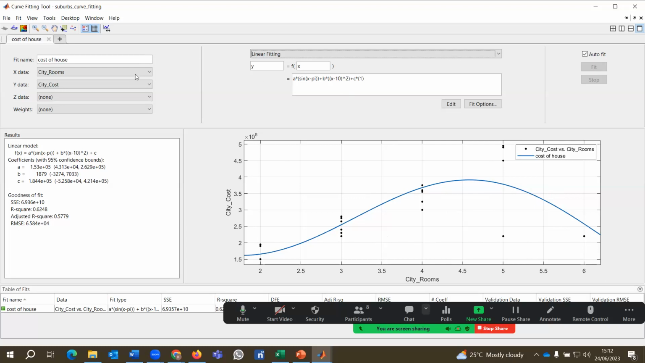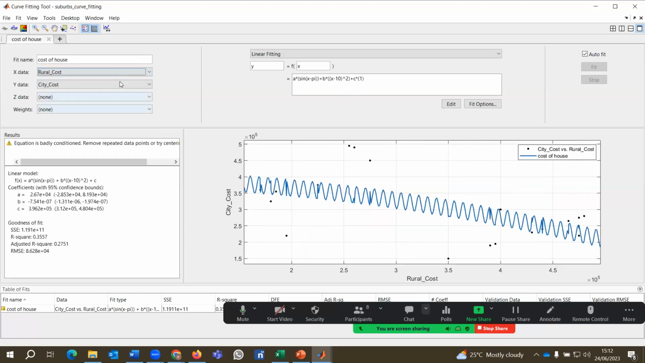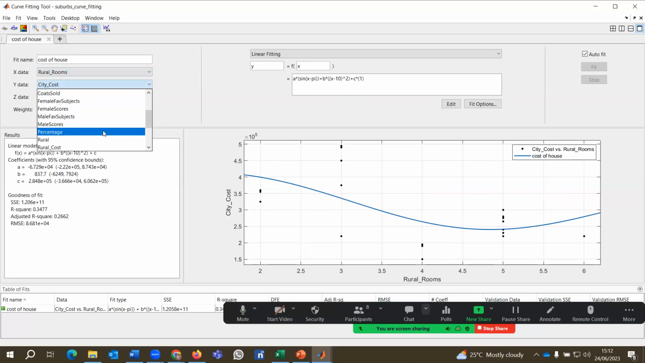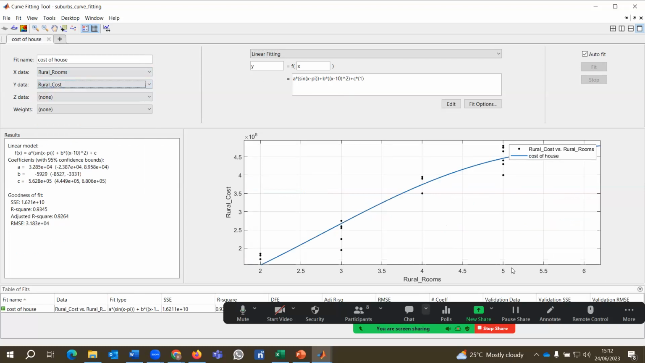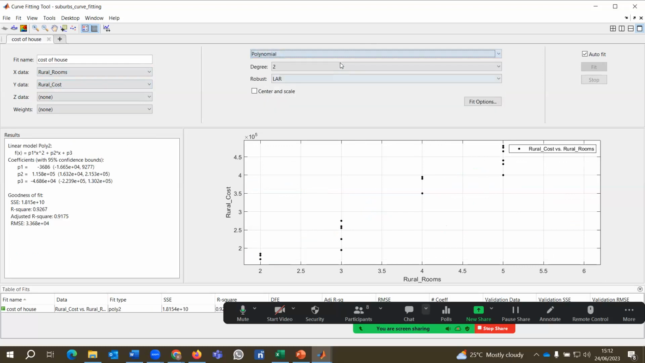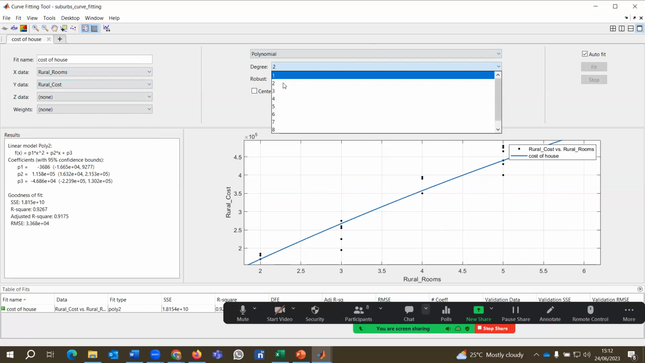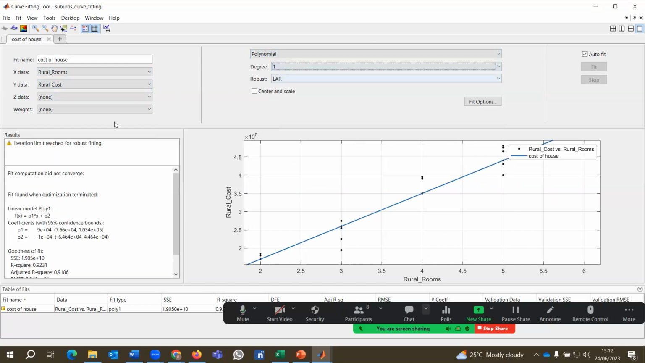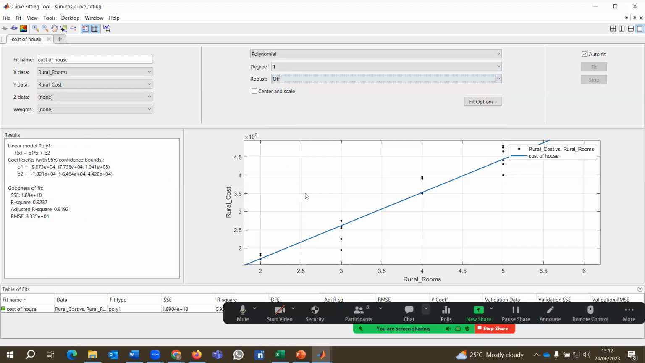But if we go back and check the rural data, no, I meant to use the rural ones. And rural costs. So with rural data, linear fitting seems to work, but we go back and look at polynomial fitting, and we want to use degree of 1. What was the degree used before? Sorry, the degree used before. So it was 1,